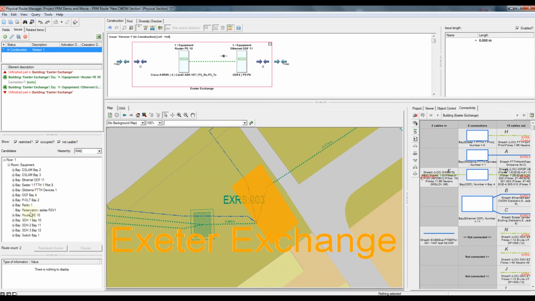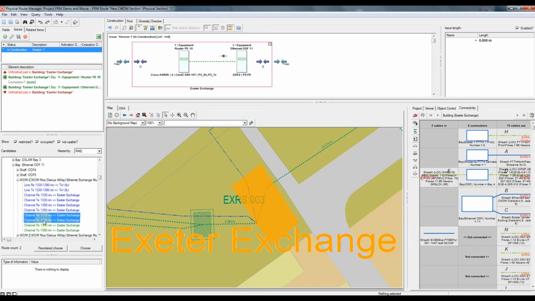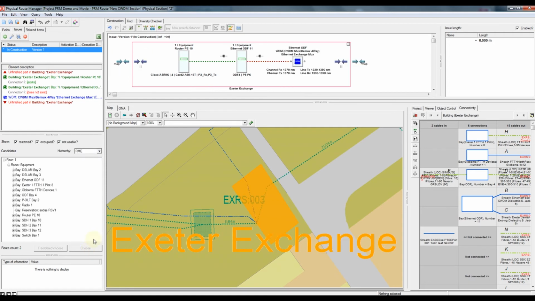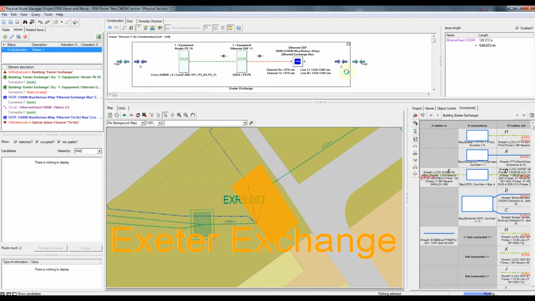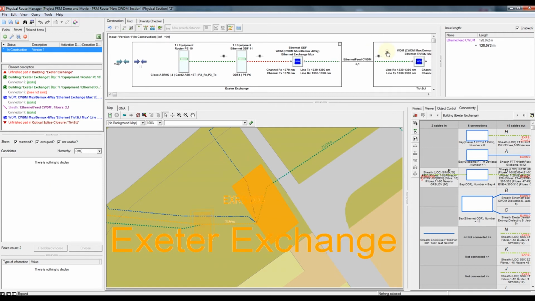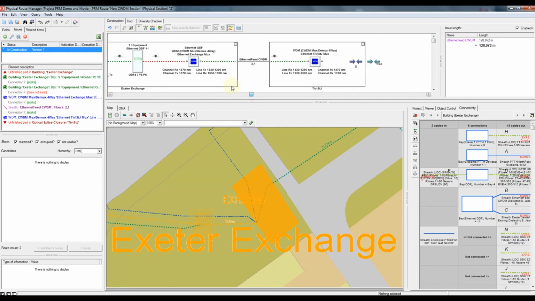And now we will go to, not this one, to our CWDM device. So we will only select these two 1370 nanometers ports, and then we will follow connectivity, and as you can see we have automatically reached